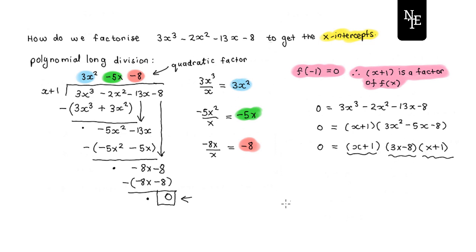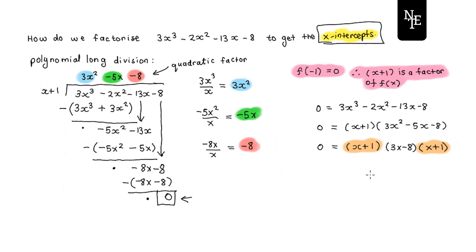Notice also, even though we are not going to be sketching this function, it's important to know these things. Notice that you have a repeated factor of x plus 1, which means that if you were to sketch this polynomial, your graph would have to be tangential to the x-axis at that x value of negative 1. But anyway, in order to carry on and actually find the x-intercepts,